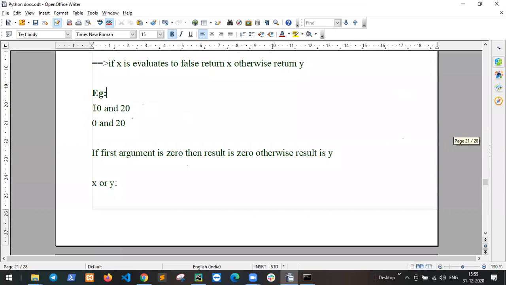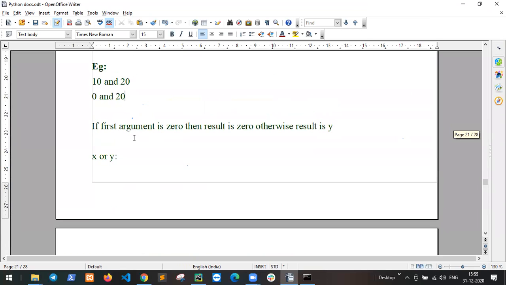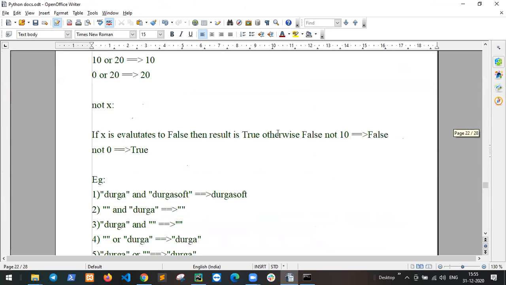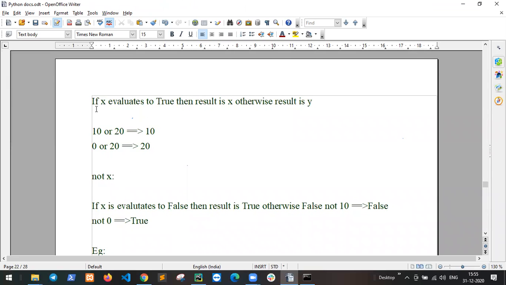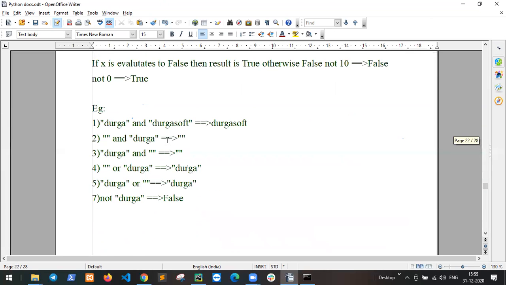Example: 10 and 20, 0 and 20. If the first argument is 0, then the result is 0, otherwise the result is y. For or: if x evaluates to true, then the result is x, otherwise the result is y.